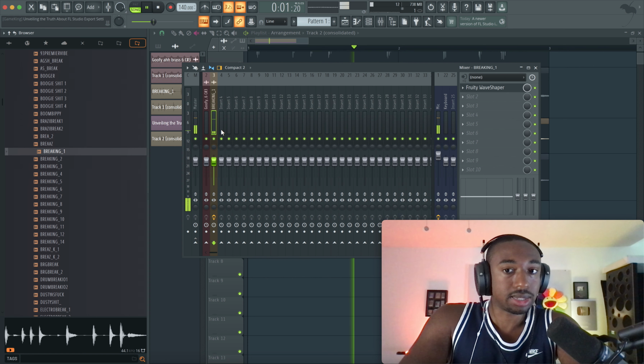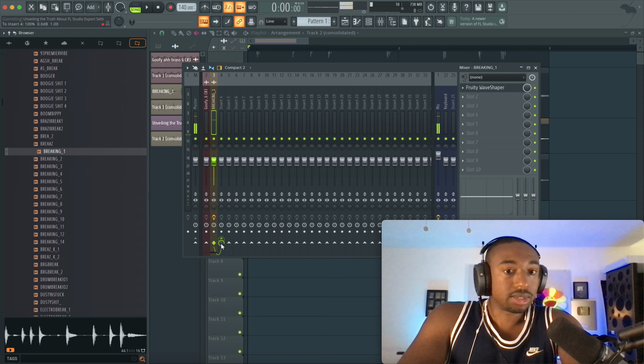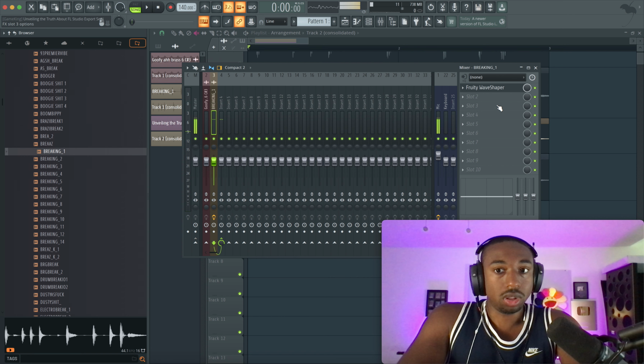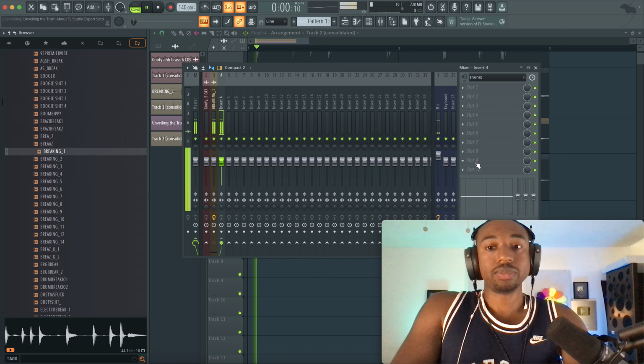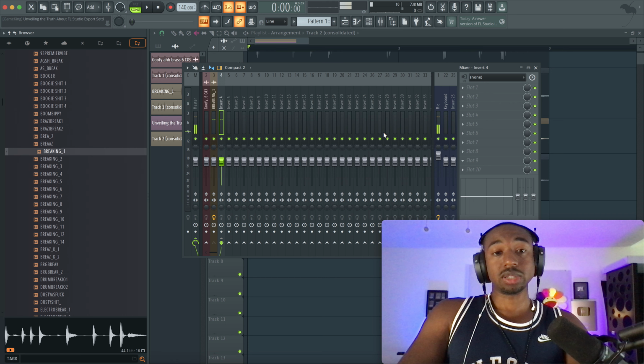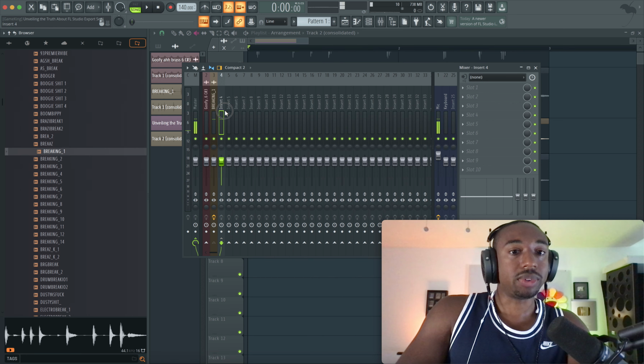So now we don't hear any signal. Now we're going to send this drum to a different channel, just clicking this up arrow. So now all of these effects will work on this sound plus this entire effect chain if we want more effects. So now we have 20 potential effects we can add. Now that's an insane amount of effects, but you never know.